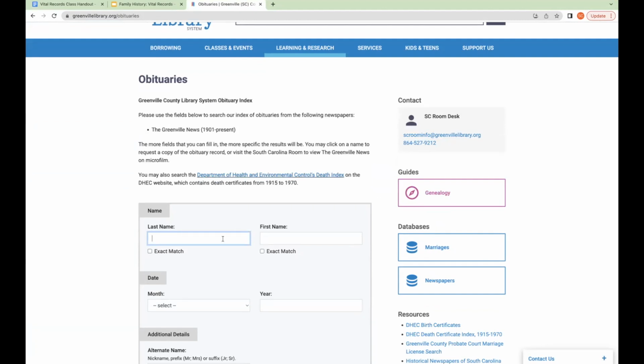So like I mentioned, obituaries can be great if you can't find the death certificate, or sometimes people want both. You want to see if there's a death certificate and an obituary. If we have time, we can do an obituary search here. But the main thing I wanted to mention is the Department of Health's index for deaths from 1915 to 1970, which they may have updated to more recently. But you can click on this,